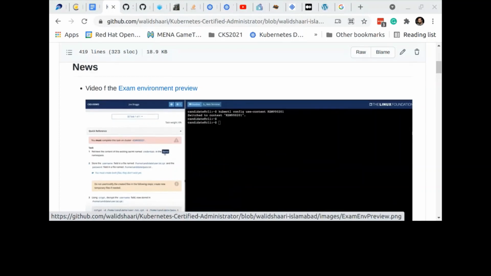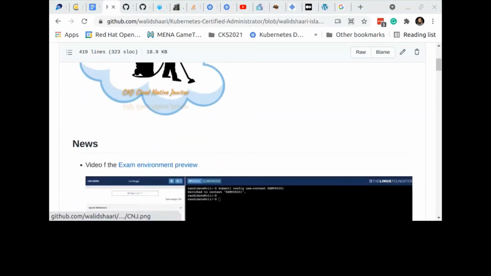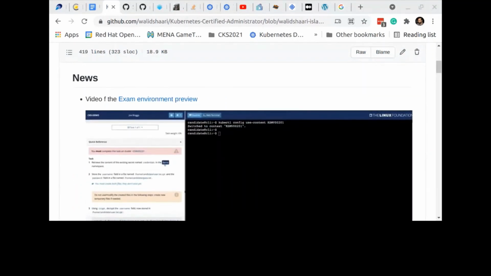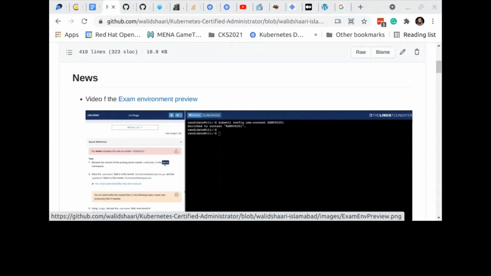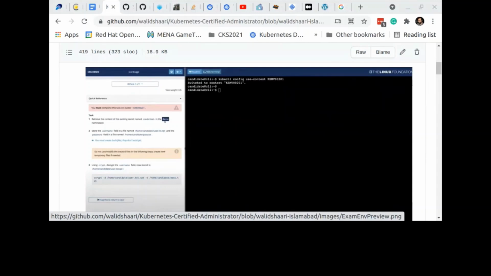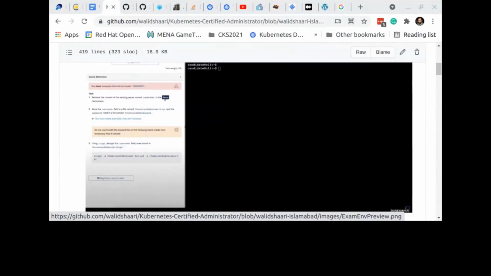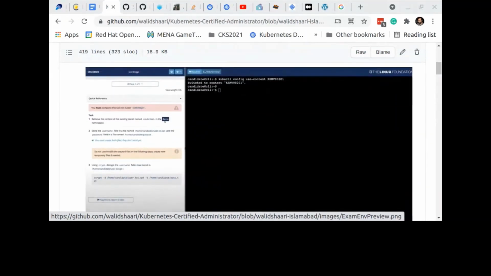Now, for people who haven't done the exam, and this is the first time taking it, there is a video from Linux Foundation that shows you the exam environment. This is very important. The exam environment is really friendly. The only thing that is not friendly is that there should be a timer here, in this section. And the timer is not in digits. It's actually a horizontal bar, so it's very difficult to determine the time.